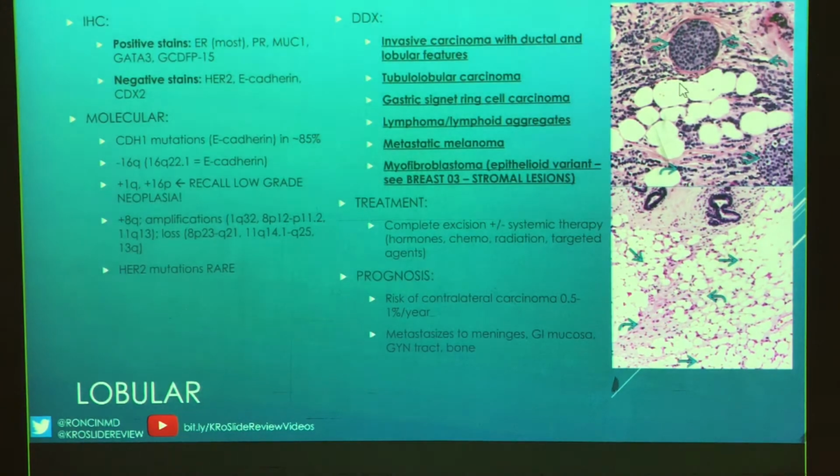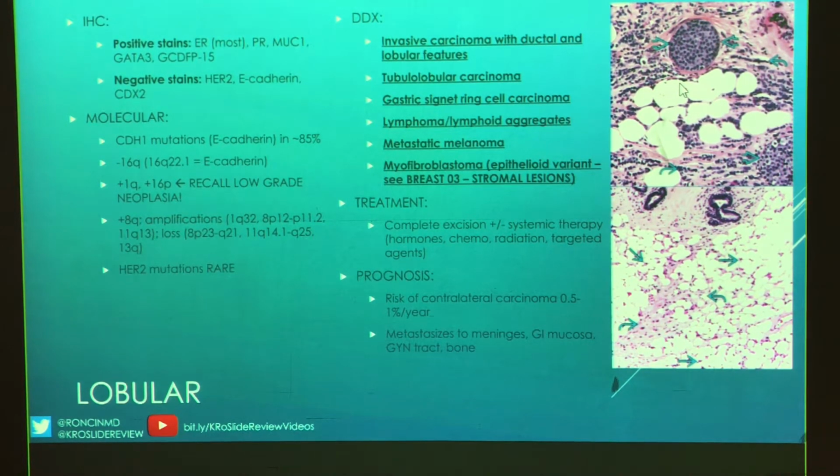For your IHC, most of these are going to be ER/PR positive. Your mucin can be positive, obviously GATA3, and GCDFP15 for breast origin, if you were considering, like, is this a metastatic lesion or lymphoma or something like that. They almost always will be negative for HER2. Obviously your E-cadherin, and if you're worried about signet ring cell carcinoma, then your CDX2 is going to be negative